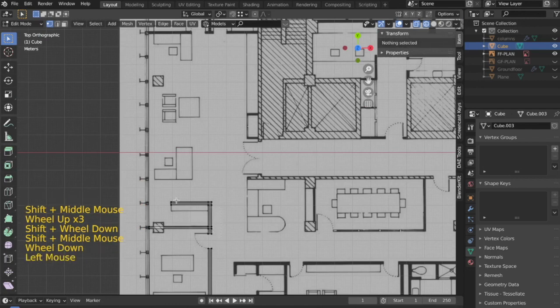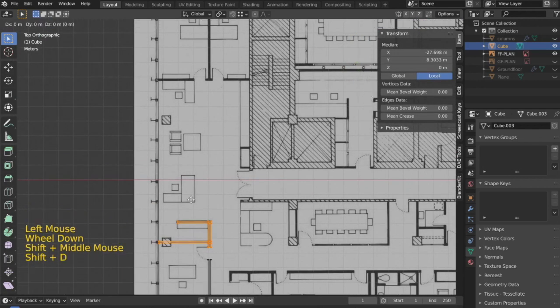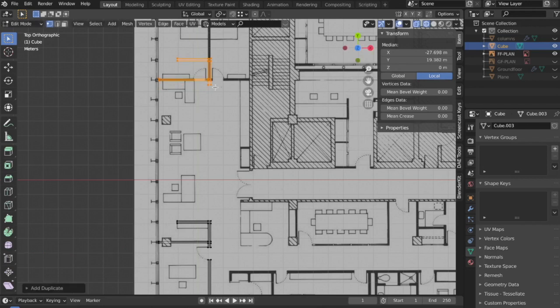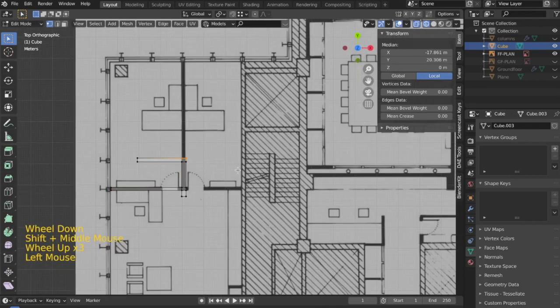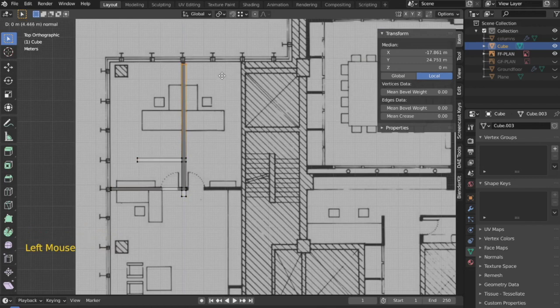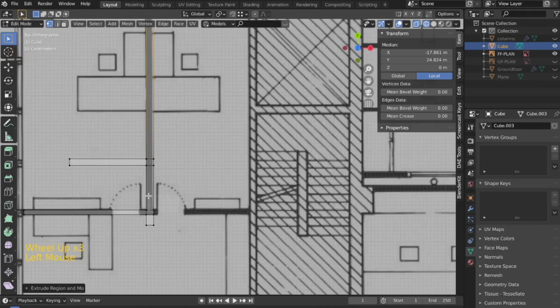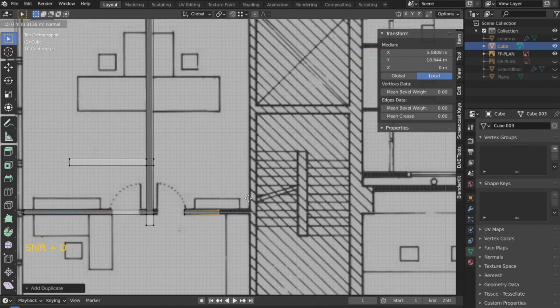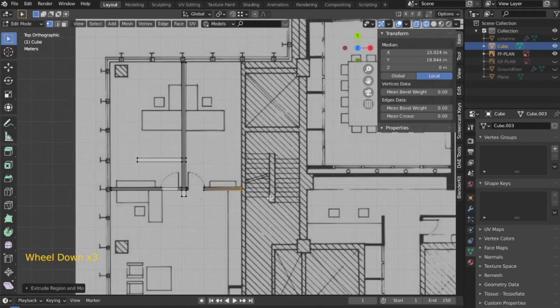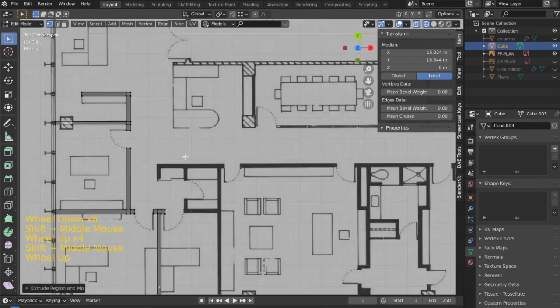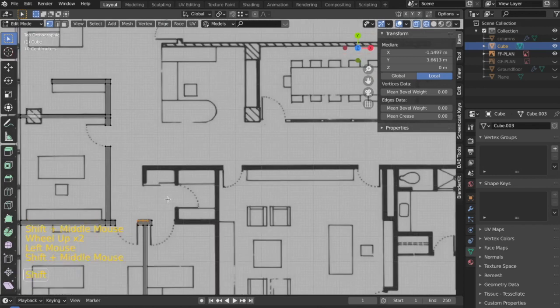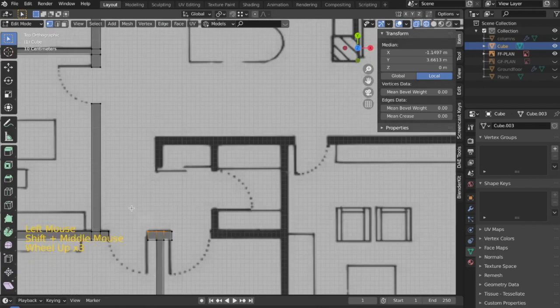Now again, as I told you, to make things easier, what I'll do is I'll press Shift D and then press Y and do all of this while you are in edit mode. I'll again extrude it over here till this point, and let's say extrude it till this point. I hope you are getting the essence of what we are trying to do over here.